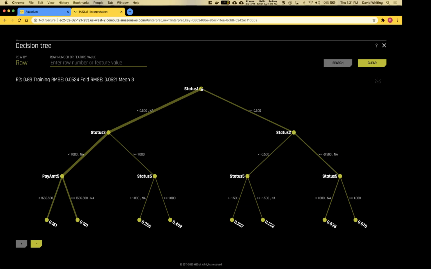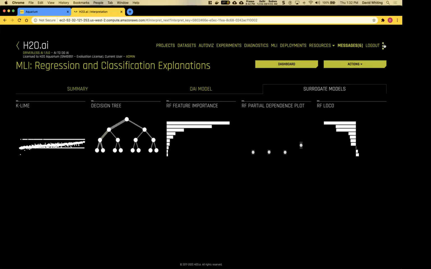So it's basically saying I look at your behavior last month, then I look at your behavior 2 months ago, and you'll notice as we follow down through this, you end up with basically a cluster or a grouping of observations that have very high probability of defaulting versus, on the other end, those that have low probabilities of defaulting. So this is how the model is thinking about, this is how the model is dealing with the data. Very quickly,